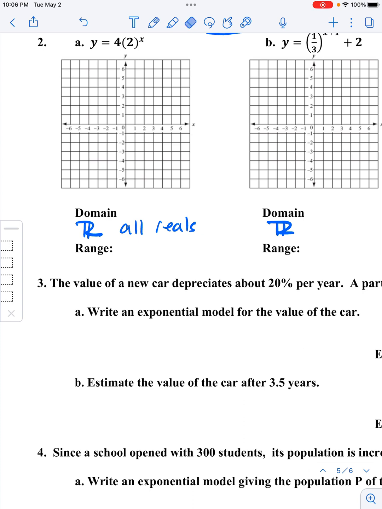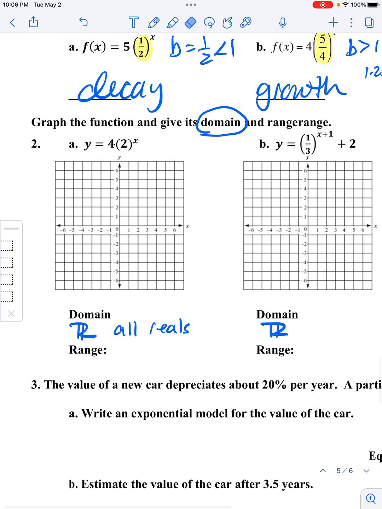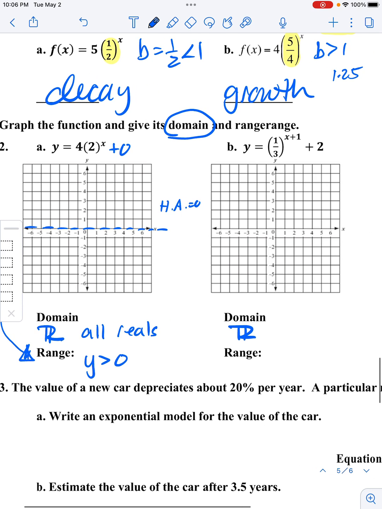Okay, now some important features. What do I need to do? First thing, these have asymptotes. So I'm going to go ahead and look to see what's at the end. Since this doesn't have anything added at the end, then it doesn't move, and my horizontal asymptote is going to be at 0. So that means I draw that line in right here. And that also tells me immediately that my range is y is greater than that, because that's like the floor of our